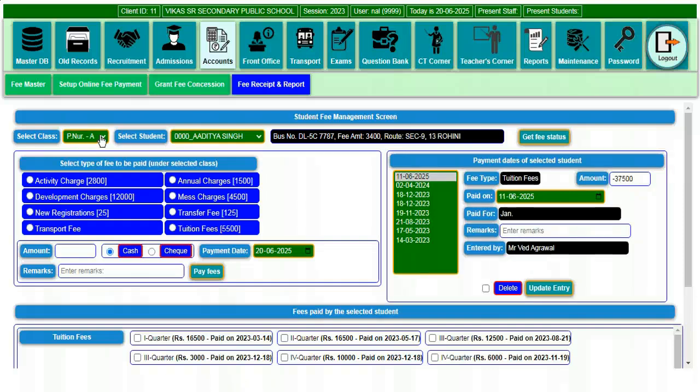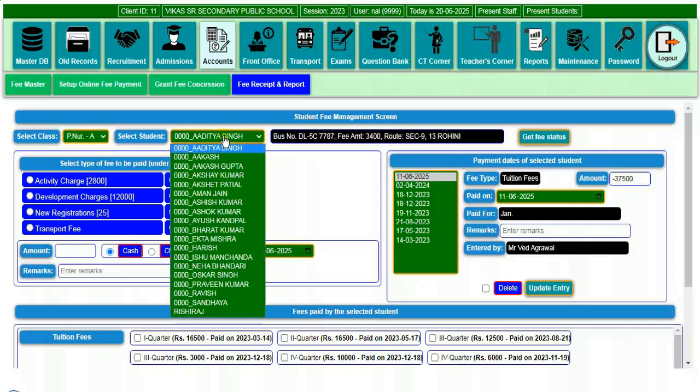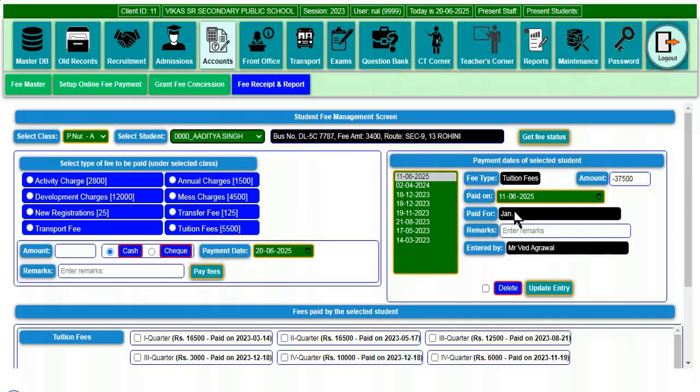Parents can deposit fees by various modes such as cash or check deposit, either by visiting the school or through online modes from the parent's portal or from the parent's mobile app. If the fee is successfully deposited through online mode, then such fees get reflected on the screen along with its transaction details. After successful login, when we click on the Fee Receipts and Reports button under the Accounts menu, we get